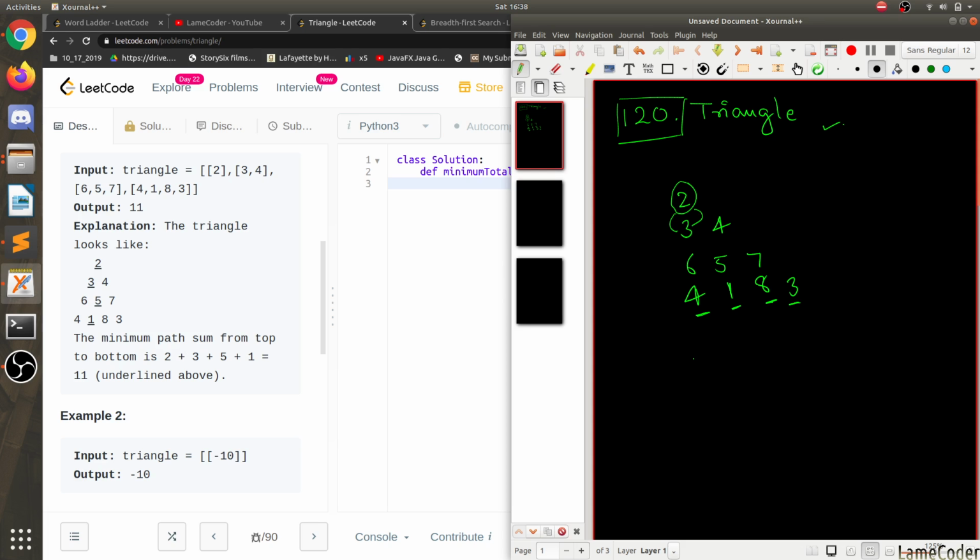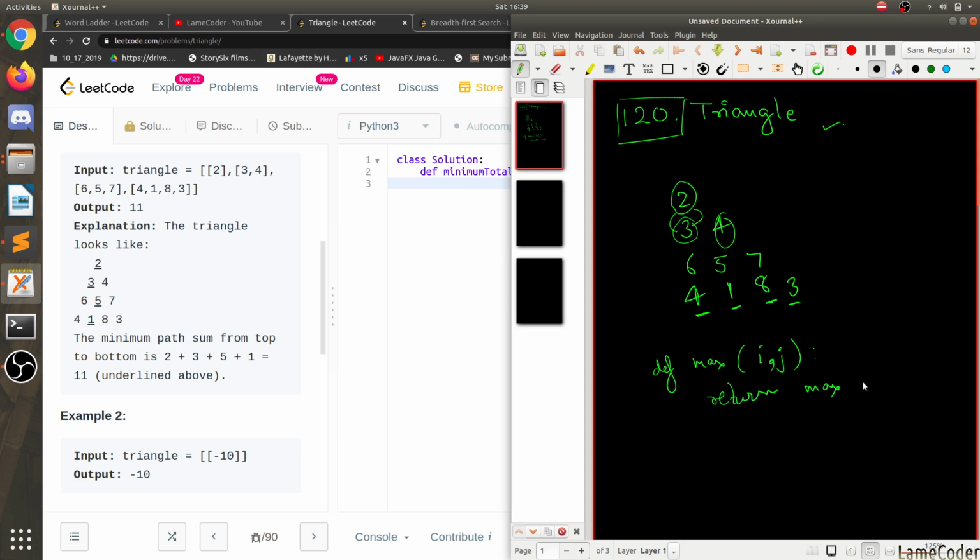So max sum: we are at index i, j at first. This is our function. Return max of, call on both 3 and 4.